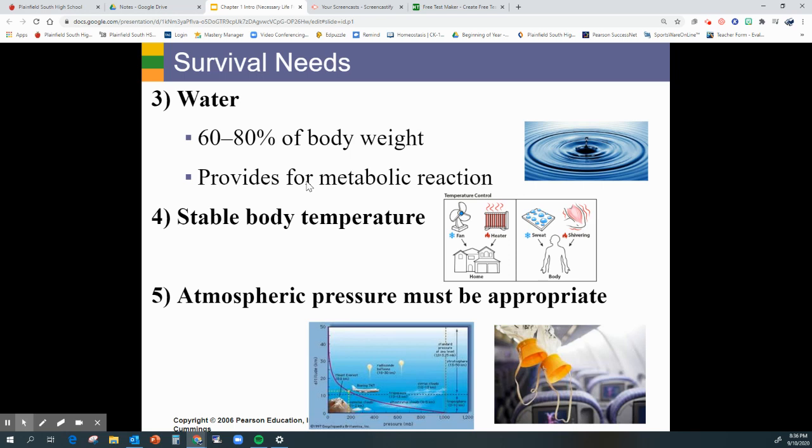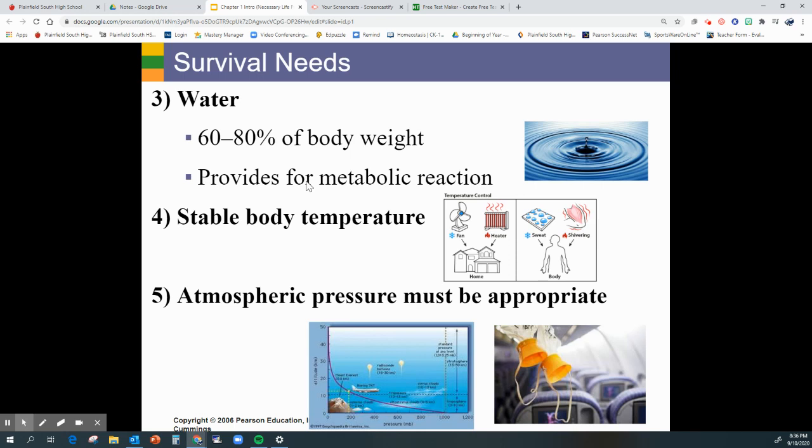It could be anywhere from 60 to 80% of your body weight, actually. That water provides the medium not only for chemical reactions, but it also helps stabilize the next one here in line, which is body temperature. Our body temperature would like to stay right around 98.6 degrees, but you